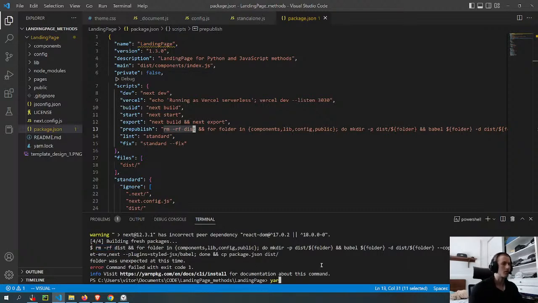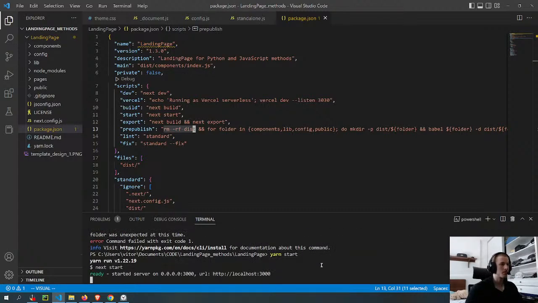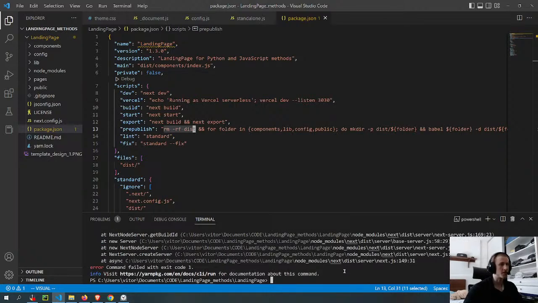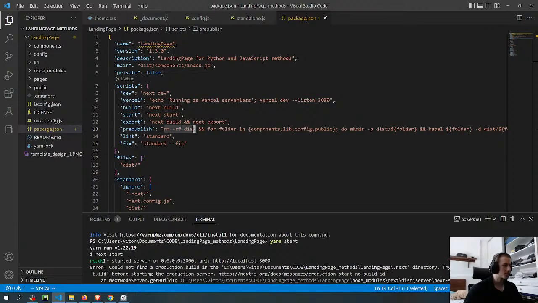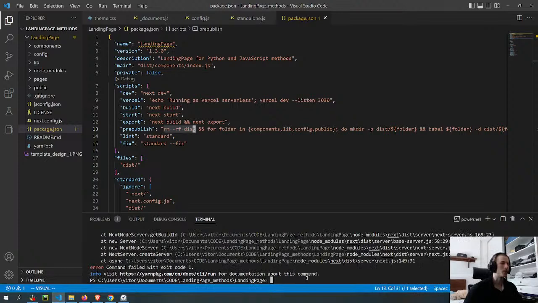Let's see if it works. Nice. Oh, fuck. At least it recognizes the command now. So I have to build it first. I'm not sure. Oh, maybe I should do yarn dev instead of build or start.